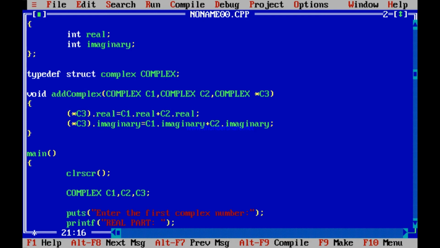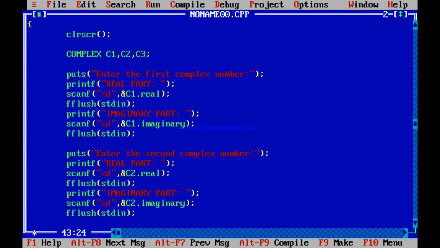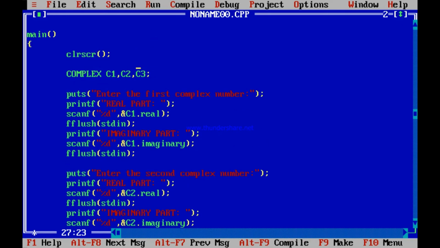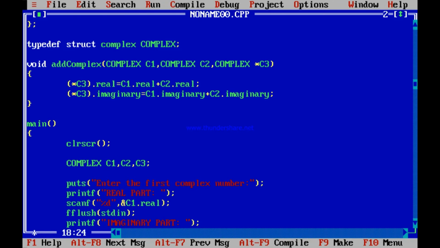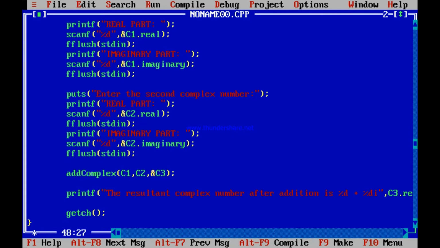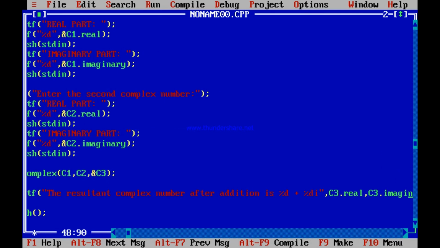So here the change is happening in the actual structure of main, because for the C3 that you declared in main, you have passed its address only. Over here, you just passed its address. So the address of this C3 declared in main is received over here. The content of that address is actually the C3 of main, whose real and imaginary parts I change. So if I now print, C3.real and C3.imaginary should work absolutely fine.